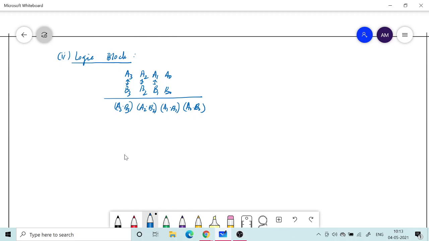And if you want another operation, you can have, say, OR operation, A3 plus B3, then A2 plus B2. This is not addition, this is the OR logic. So it's a logic operation. That means if any one is 1, either A2 or B2 is 1, then A2 plus B2 is going to be 1. Only if both are 0 is it going to be 0, whatever is in the bracket. Then A0 plus B0. Okay, so these are some of the examples that you can think about.